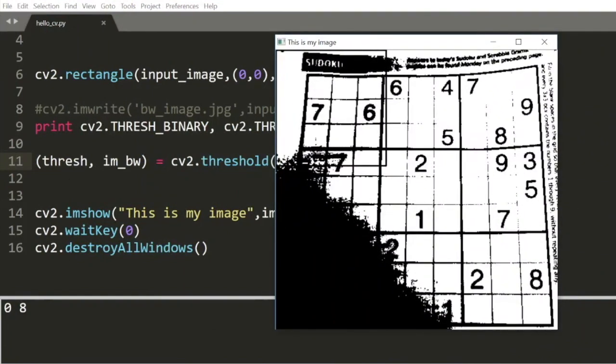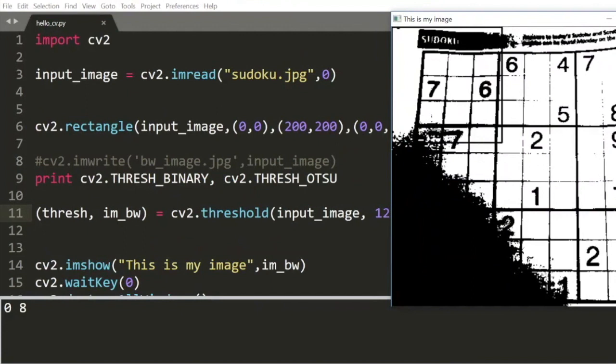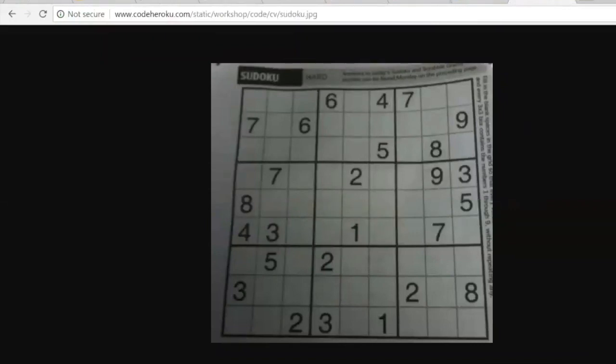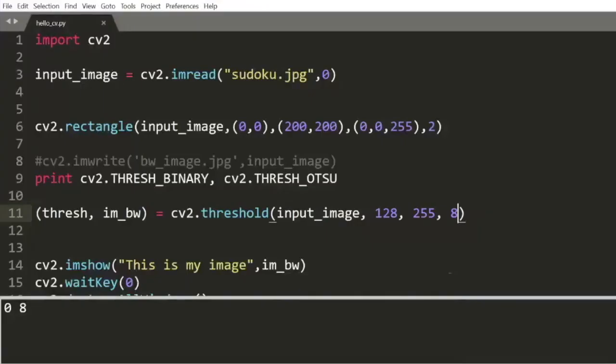Again, here's what we are trying to do. We had this Sudoku image, which was a newspaper cutout. And it has a lot of irrelevant information that we don't want to give our machine learning model. The irrelevant information could be in terms of the extra text that is over here. It could be in terms of the grayscale levels which are over here, which don't really add meaning to what we are trying to do. Our end application is to maybe extract these digits and see what the value of this grid is. For an application like that, the grayscale value doesn't matter to us. What you're trying to do is convert this grayscale image to a black and white image. This process is called thresholding, converting a grayscale or color image to a black and white or binary image.